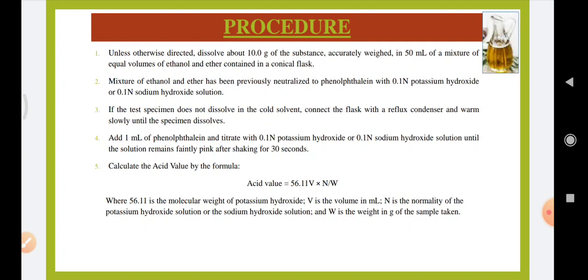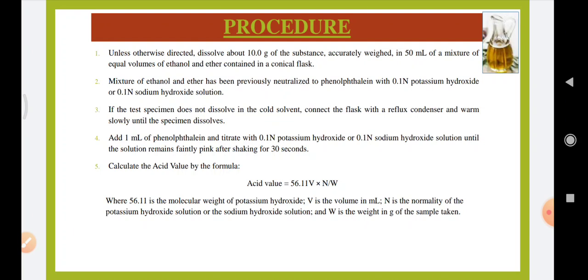Now you have to write the material required. In chemicals the materials required are ethanol, ether, potassium hydroxide solution, phenolphthalein indicator. Glasswares you require are conical flask, volumetric flask, burette, reflux, measuring cylinder, pipette, dropper, and for weighing we need a weighing balance. Then for theory you can write the definition and analytical importance, which we have already discussed in the lecture.